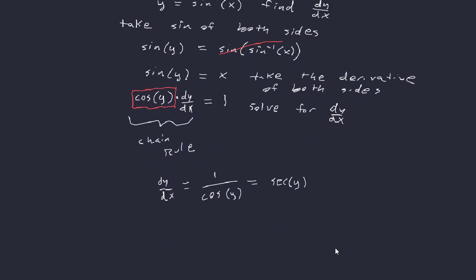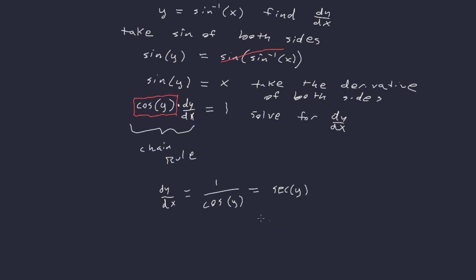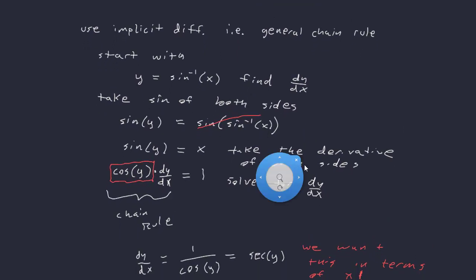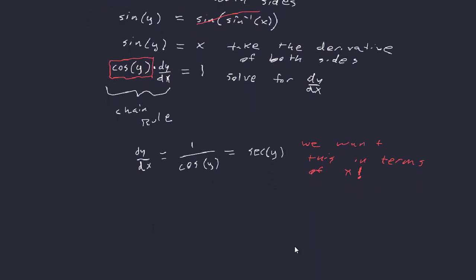So now that we're here, okay, we need to get this. So this is a problem. I don't want the derivative of y in terms of y. We want this in terms of x. Okay, because I basically want a rule I can reference, right? So saying that the derivative, if I swing back up here, if I say, oh, okay, the derivative of sine y equals sine inverse. If I say the derivative of sine inverse is secant y,